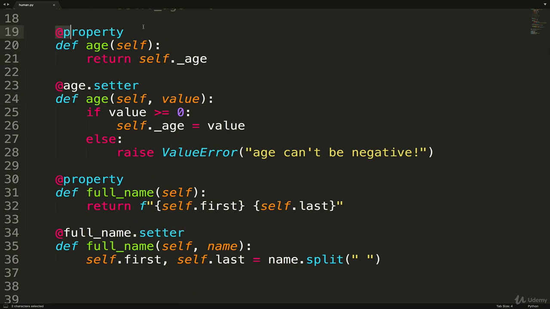And the syntax, @property, then the name of the property, and then you return whatever value you want to be returned. Then we do the name of the property with an @setter, and then a method with the exact same name. And this one takes in a new value, and then we can do some sort of validation or check something, and then we update whatever we want in here. In our case, we're working with _age, and we did the same thing down here for full name.